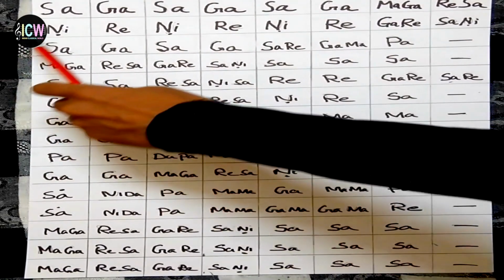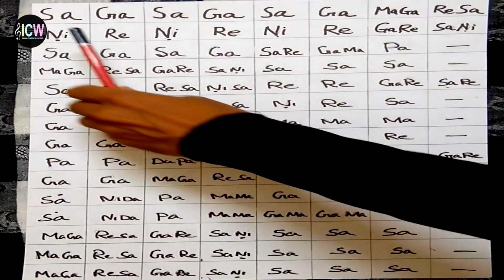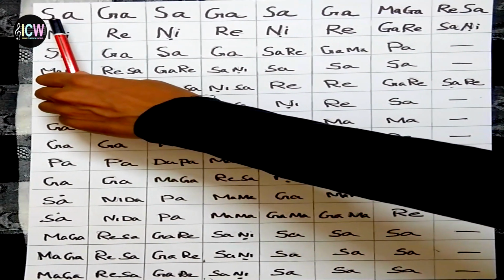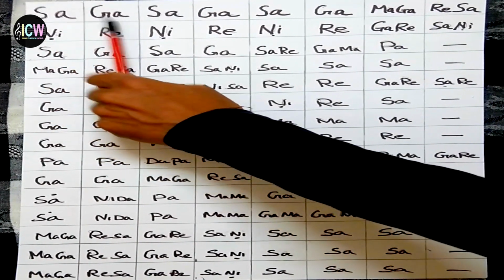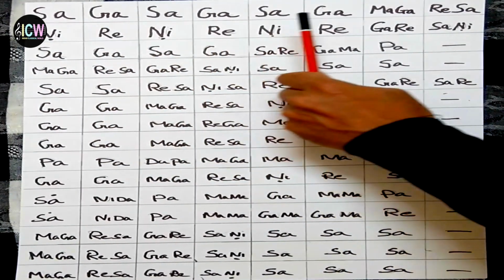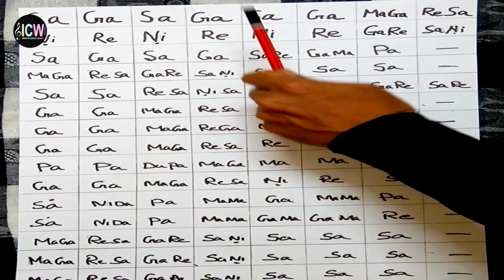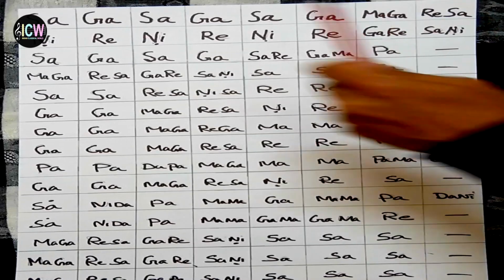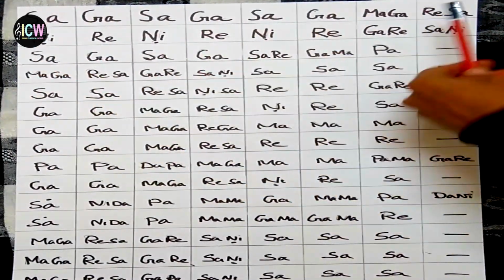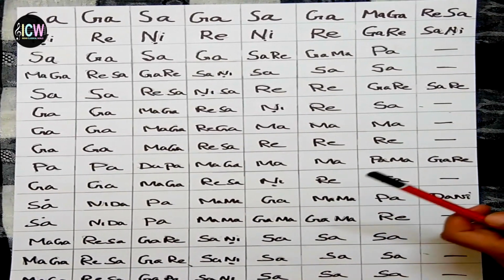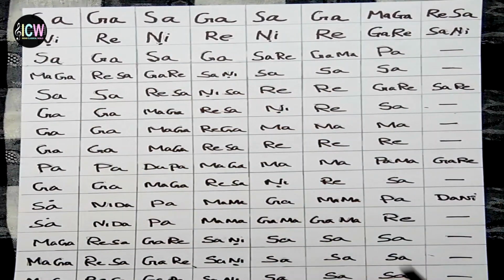This is how the notations are read exactly, and we should concentrate on the speed. We should follow exactly the same speed, like a clock: 1, 2, 3, 4, 5, 6, 7. According to that, we have to read. According to this beat, we have to read the notes, how it is written in the box. Then it sounds musical. If you are not following this beat, then it will not sound musical.